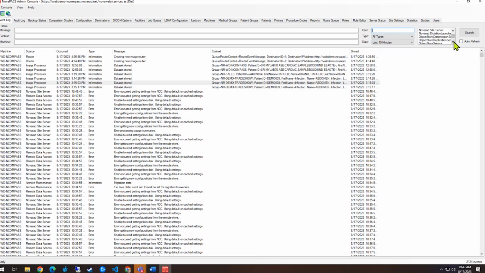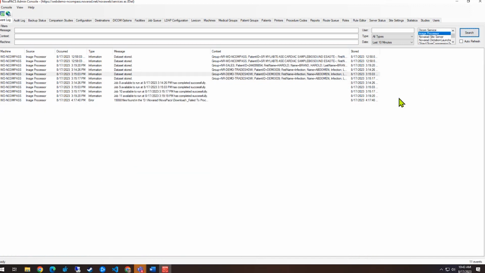And then over here, we can also further filter if we're looking for specific functions, over here in the filtered options. So if I'm just looking for everything that is going through the router, or if I'm looking for anything that is going through the image processor, I can go ahead and click on that, and then it's going to filter that down and tell me what's going on with that service. You can still use these filters over here to further filter and cut down this list.